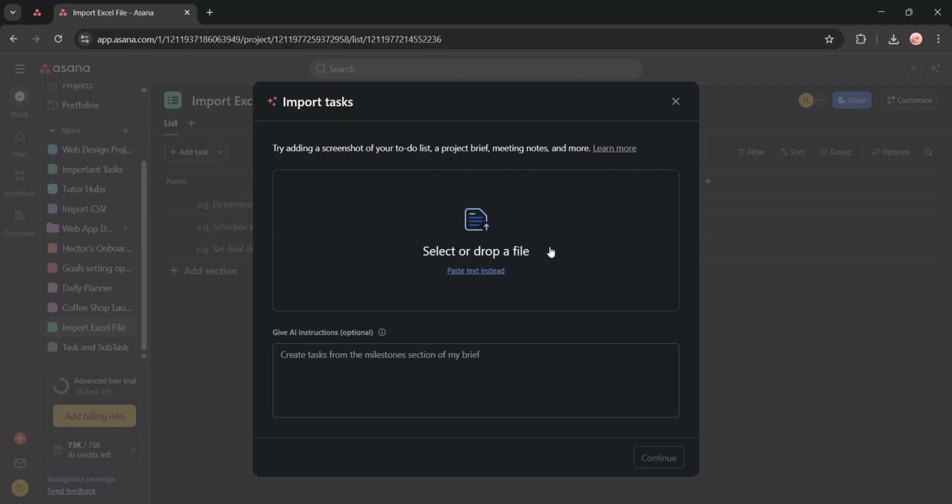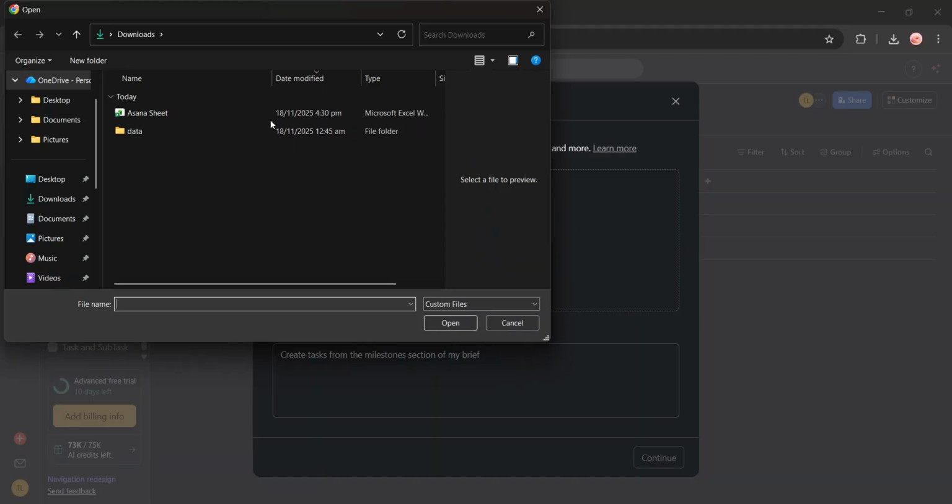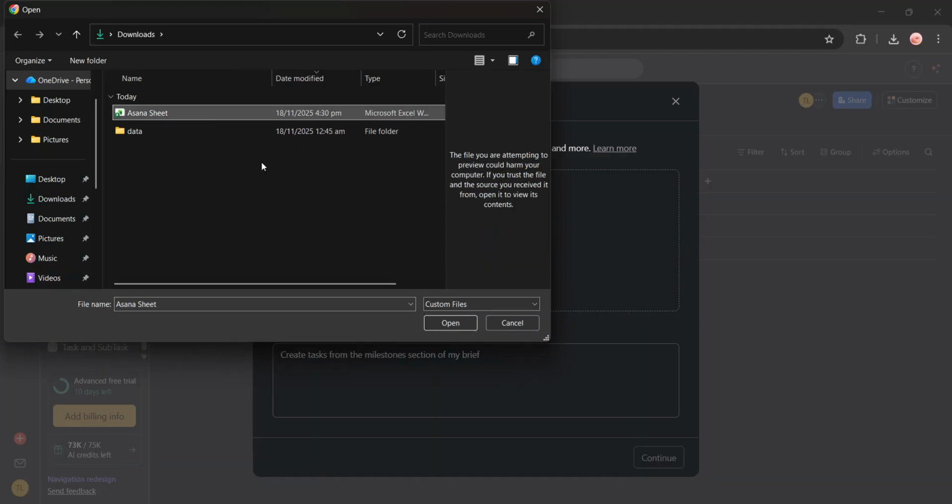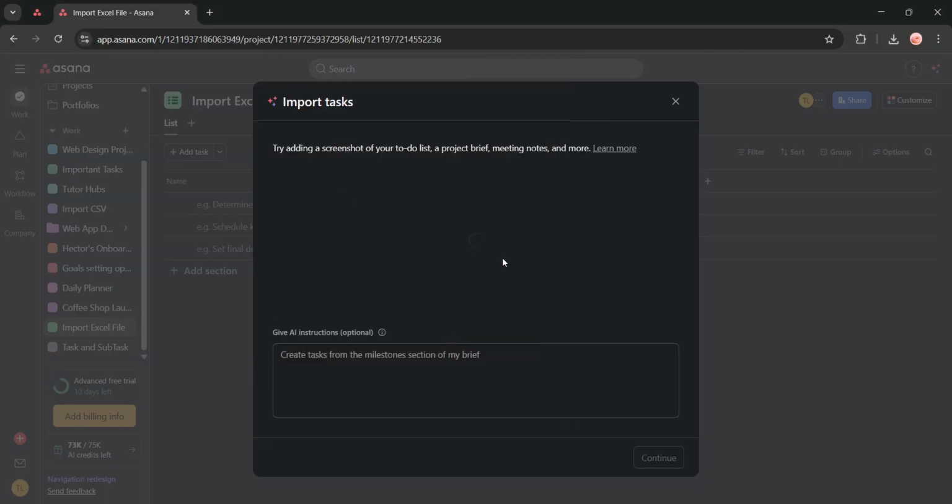Now click Select any file to import. You can choose your Excel file, Google Sheets export, or any other compatible file format. Here's where Asana's AI comes into play. It will analyze your file and help identify how the tasks should be organized within your project. This process might take a little while depending on the size of your file, so be patient as the system